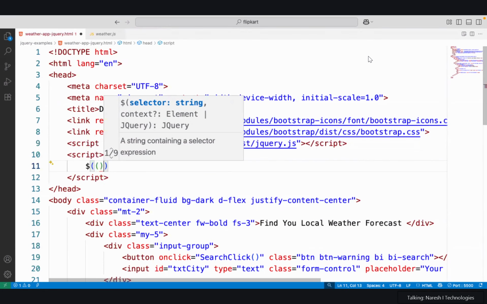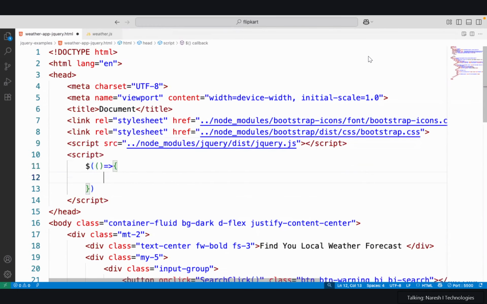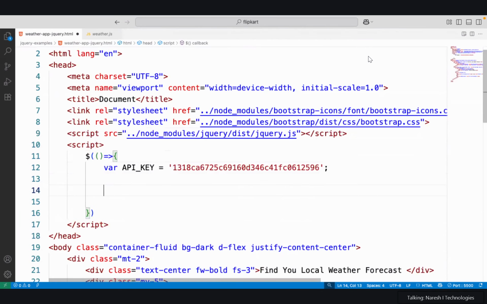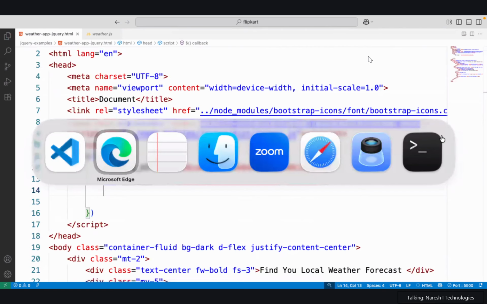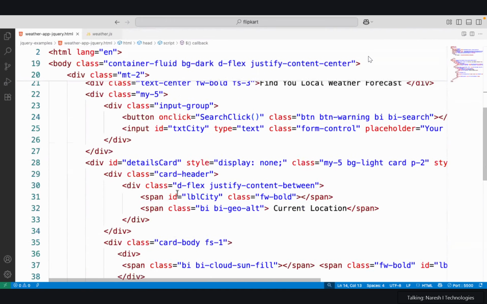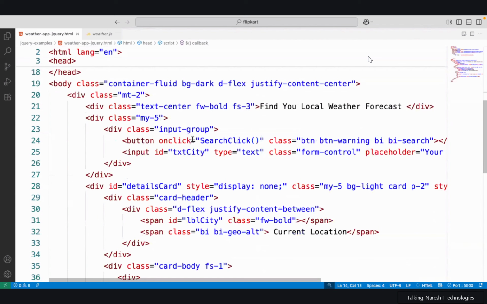We have to use a callback function. It will invoke the jQuery. Now in that API key, same, we return the API key. Okay. Next, what you see here, we are using on search click, on this button click. You see there is a button. This is button search. On click, we will remove